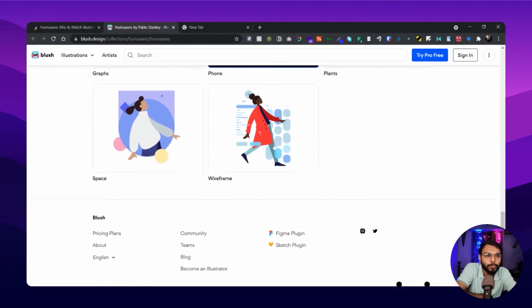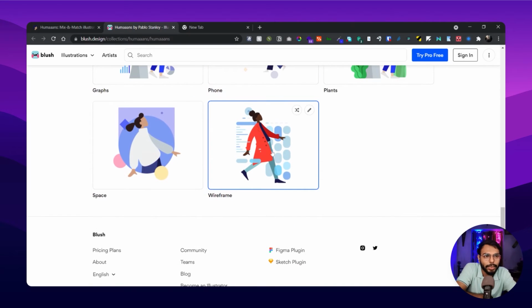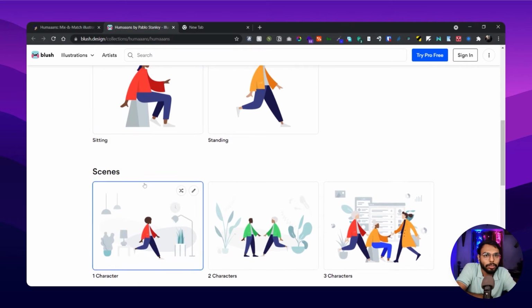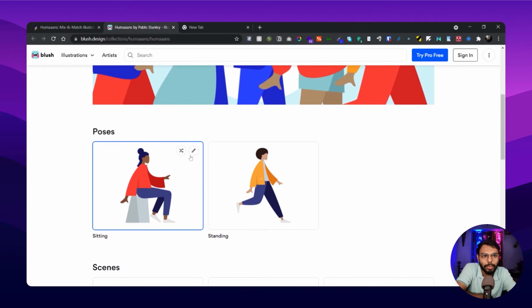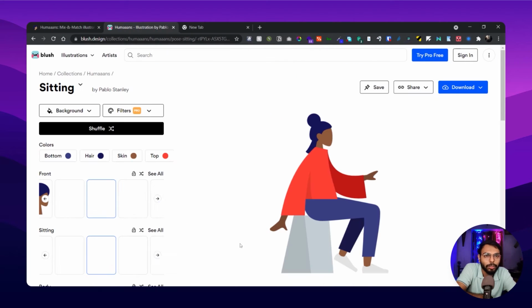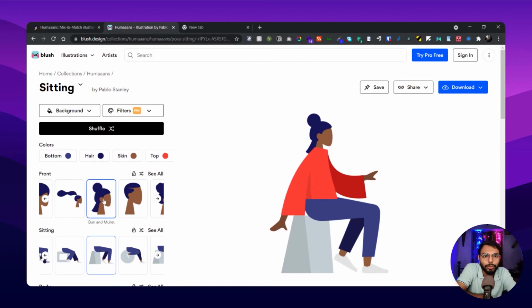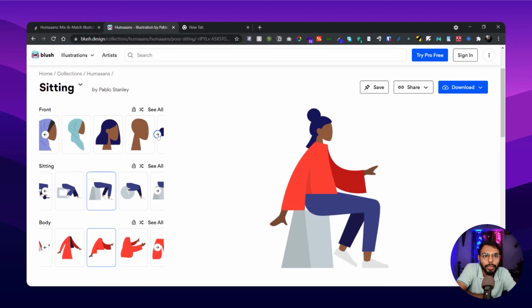It's a great tool to mix and match all of those things. I will simply click on the sitting position and click on edit, and from here you can choose from different types of heads; there are a lot of combinations.